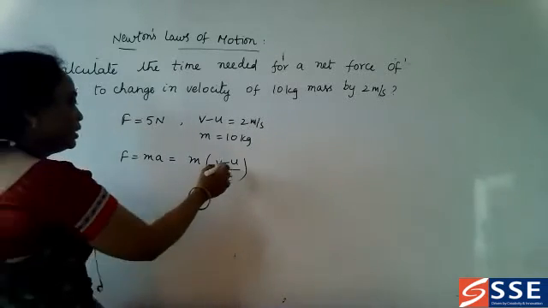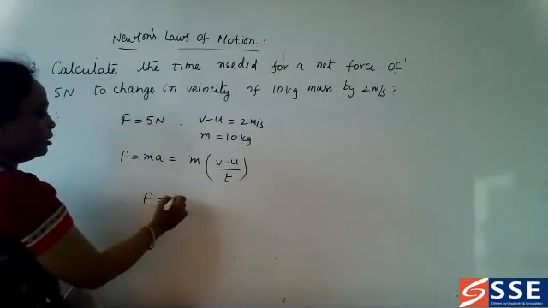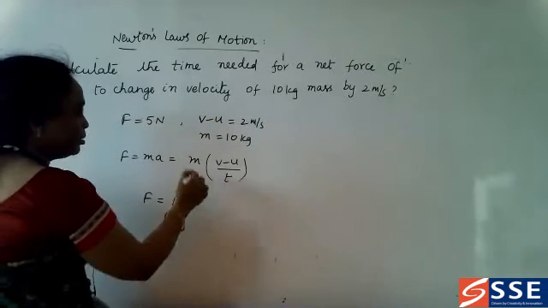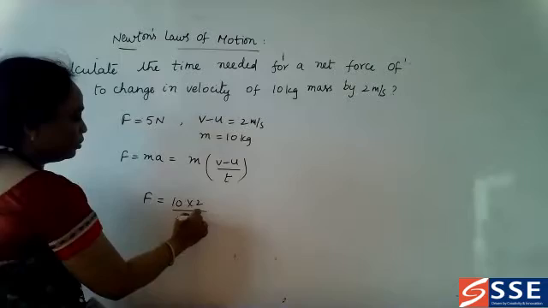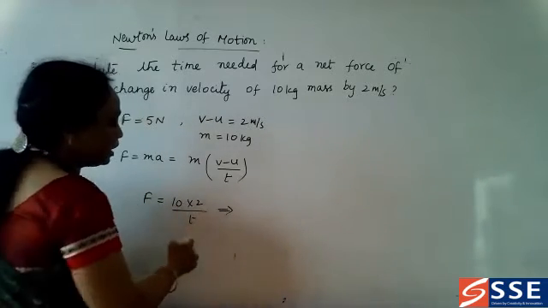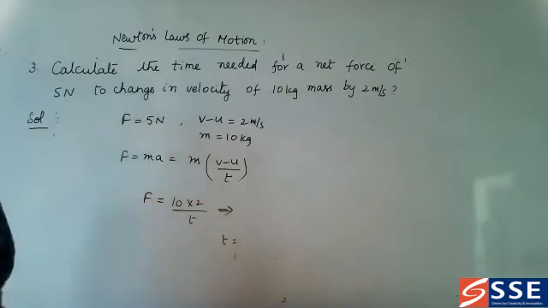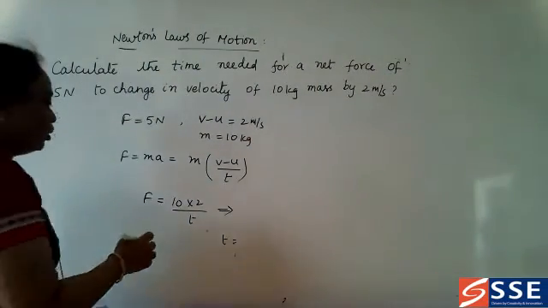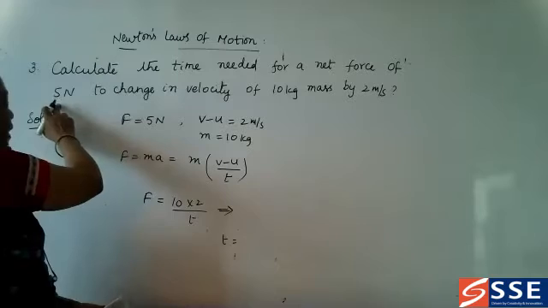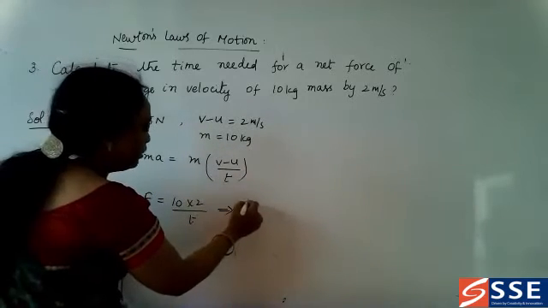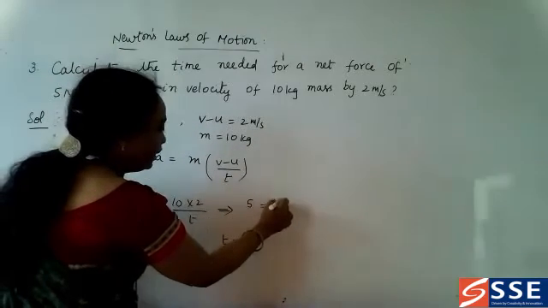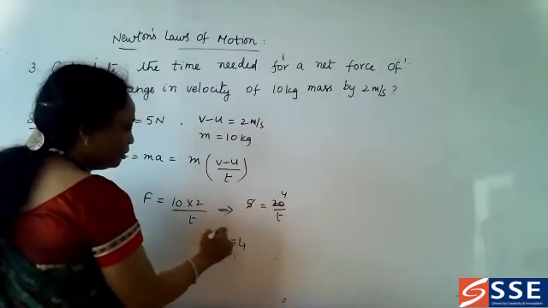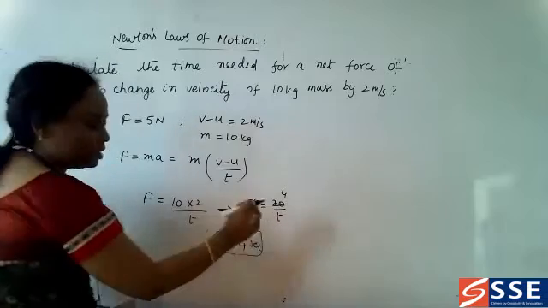So in this case change in velocity. So F is equal to, mass is given 10 kg and V minus U is 2 and time we don't know. Okay. So what is the answer? Time t. Time t is 4. So very good. Answer is 4, because you have to substitute here F as 5. Therefore 5 is equal to 20 by t. So if you cancel this, t is equal to 4 seconds. So this is the answer.